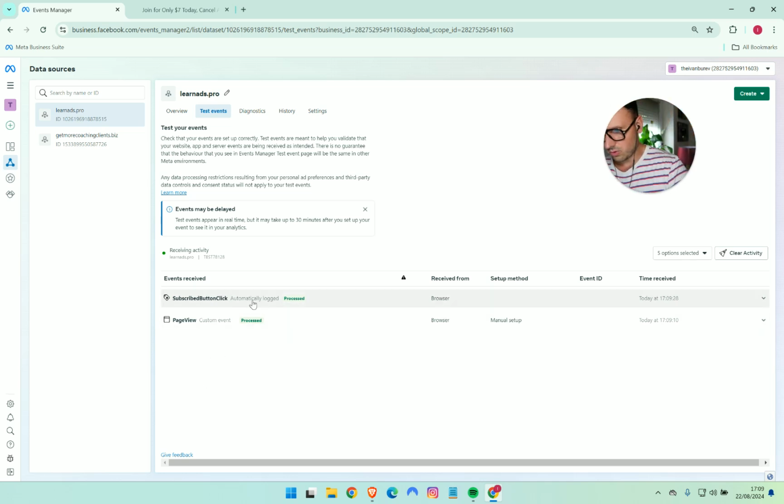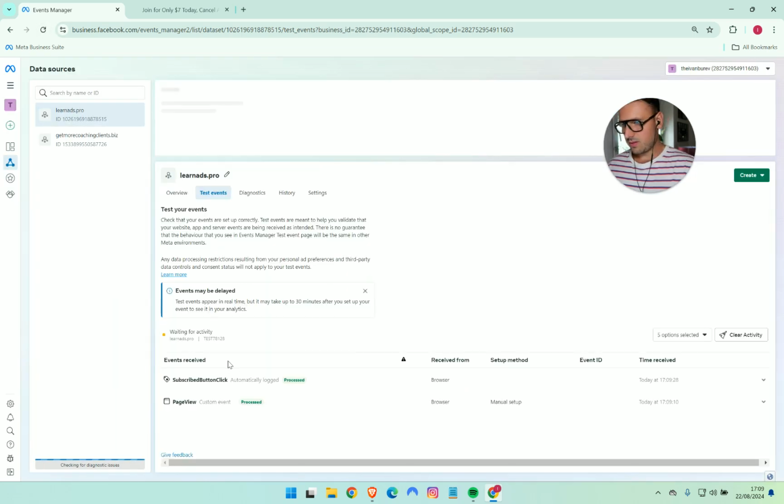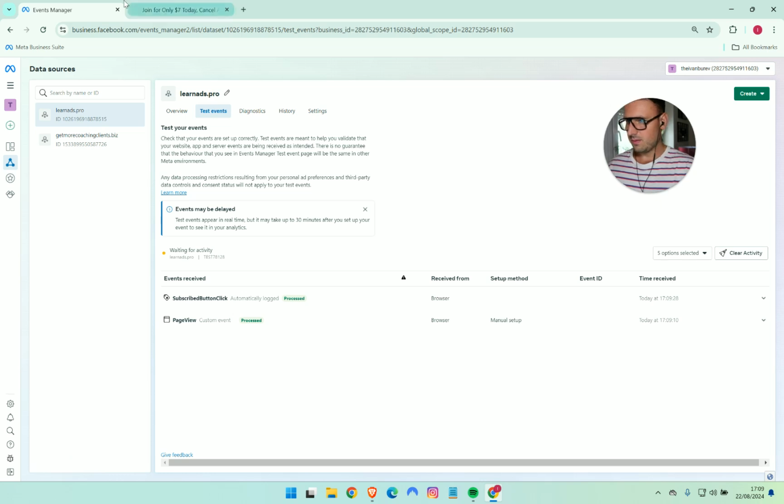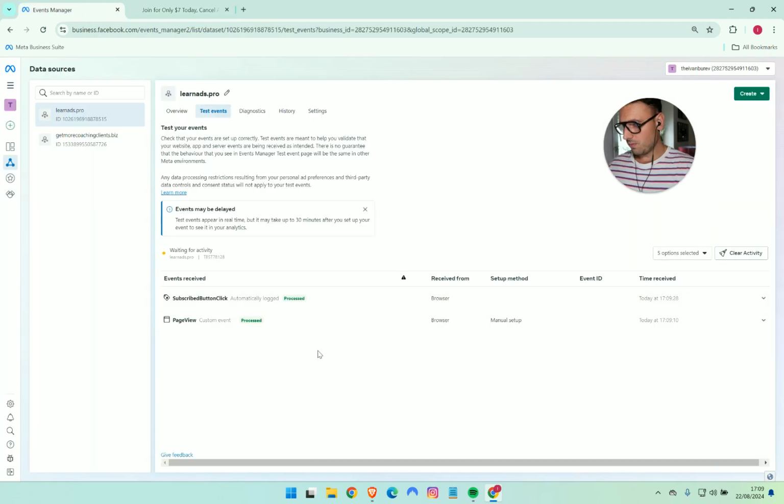That's the way Meta works. It works in mysterious ways. So if I went now and refreshed this many times, it might show as a purchase. Maybe it's going to show half an hour later, but it already works. We install it, and if you want to do a better test, what you do, because this is just the way it is,